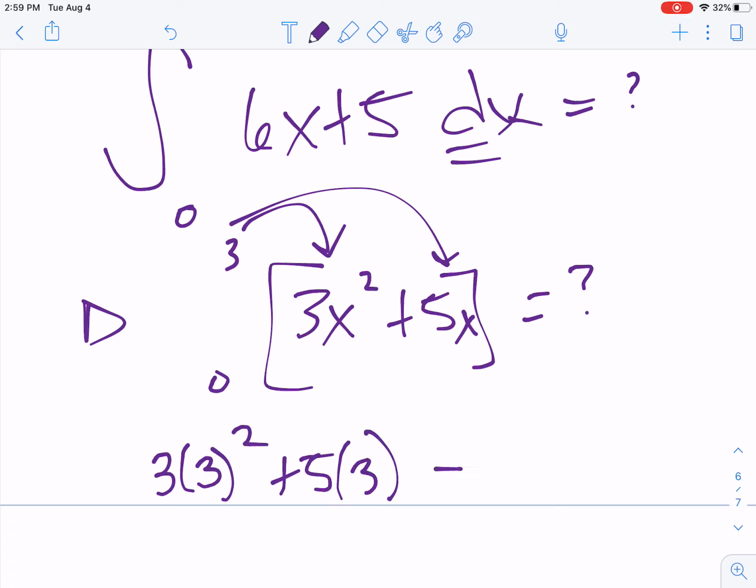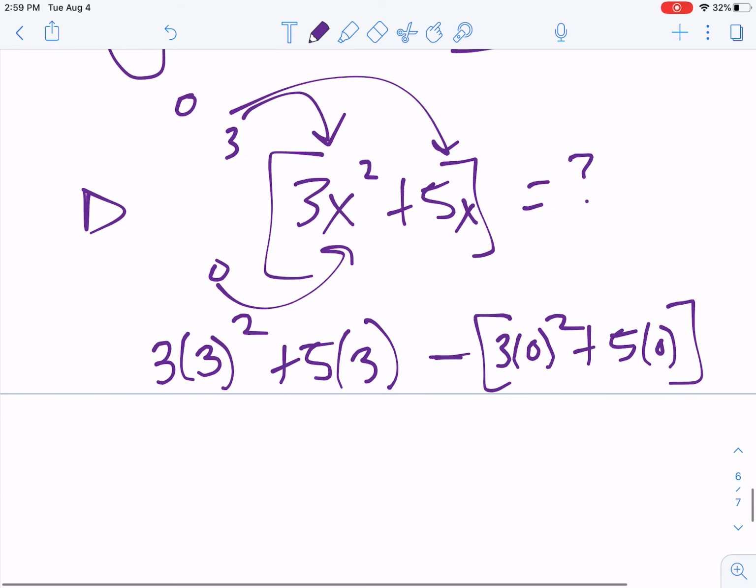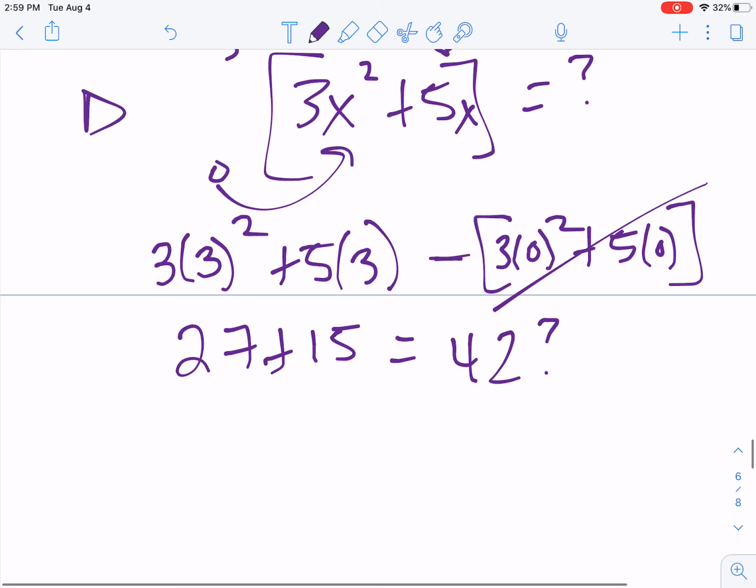And then you're going to subtract it, evaluating it with the 0. Well, we got lucky here because this entire term cancels out. Zeros were easy. So this would just be 27 plus 15, which equals 42. Mental math, not always my forte. Let's say it's 42. So that would represent the area